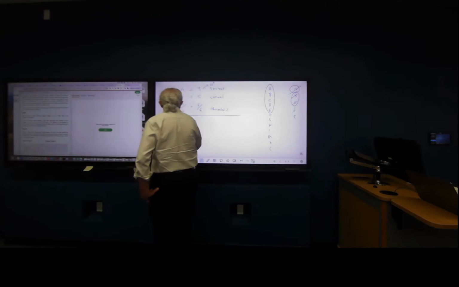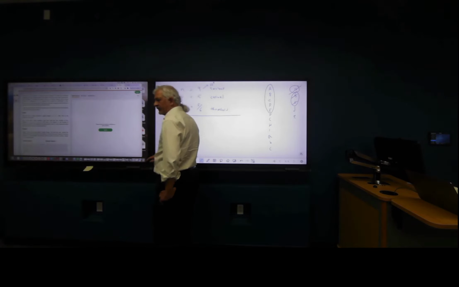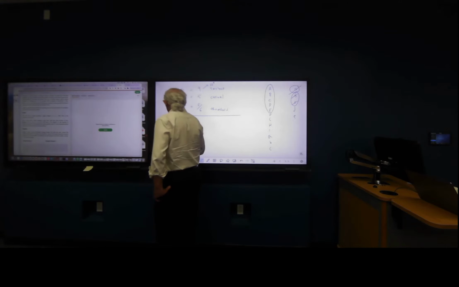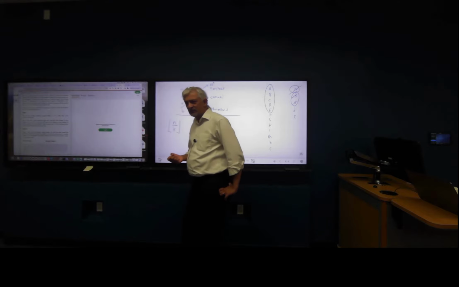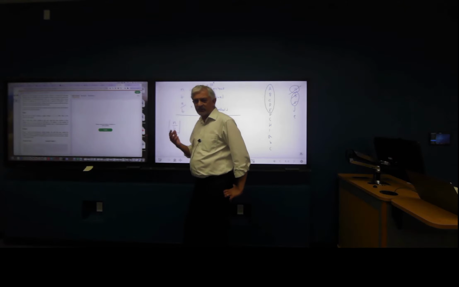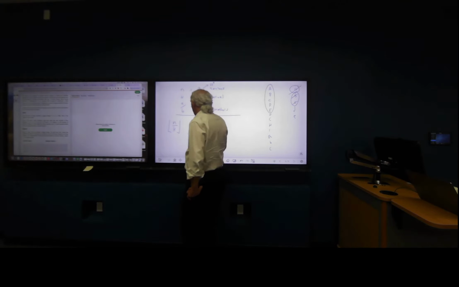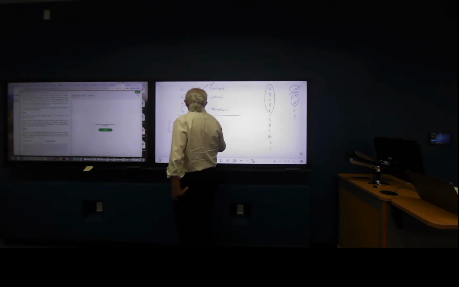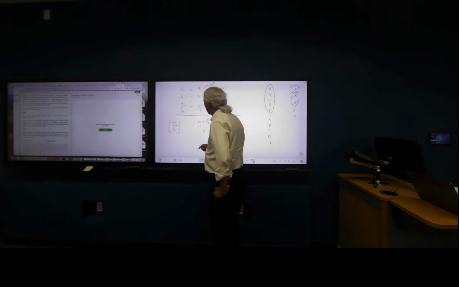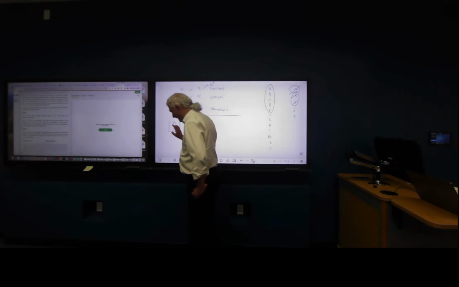You did n divided by k, and you did a floor function. That tells you how many casual runners will get changed to serious runners. The next time around, you're going to get n plus the same number, n divided by k, and again you're going to divide this by k. Sorry, it's not n divided by k, it's n divided by,